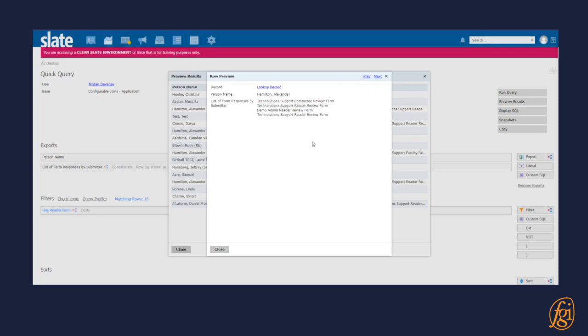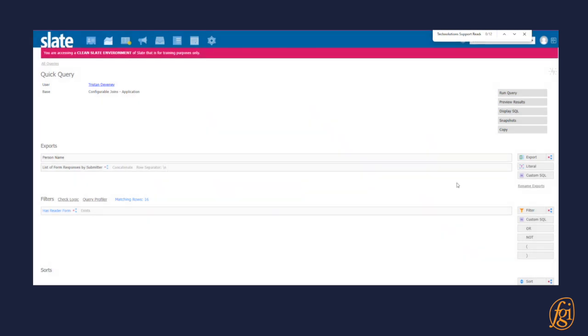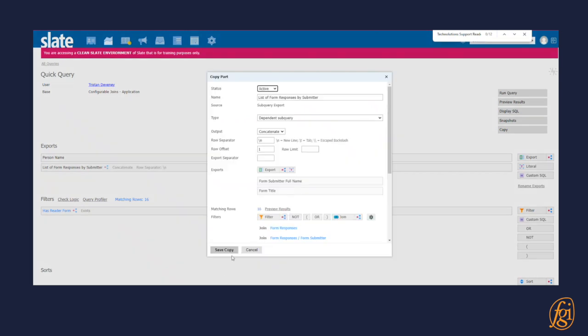If I have two of these, a concatenation like that is just going to show each combination for each form response that exists. But a group by would let you combine these so that you could have just one row for Technolutions support reader review, and then you could add things like a count beside them to show that I have two of these. So if I wanted to do that, I could save a copy of my concatenation subquery